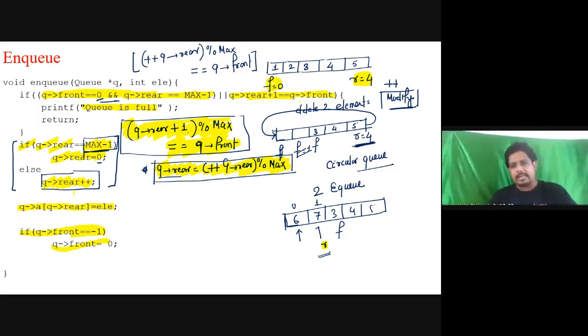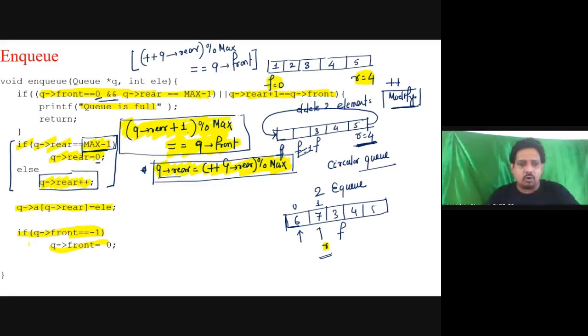Okay? That is the code for the NQ operation. So this will work, and we are successfully able to NQ, and if we are at the last position, then I can switch back to the next position in this case.